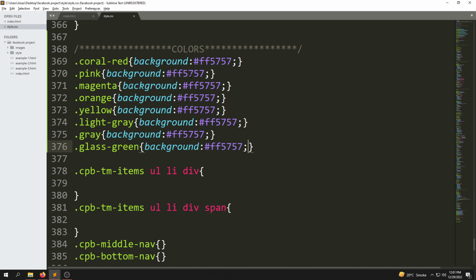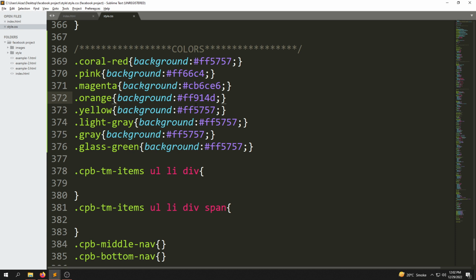Now it's time to replace these with the original color codes. The pink code which I've used is this, ff66c4. Save it. And for magenta I've used this. Save it. And for orange I've used this,